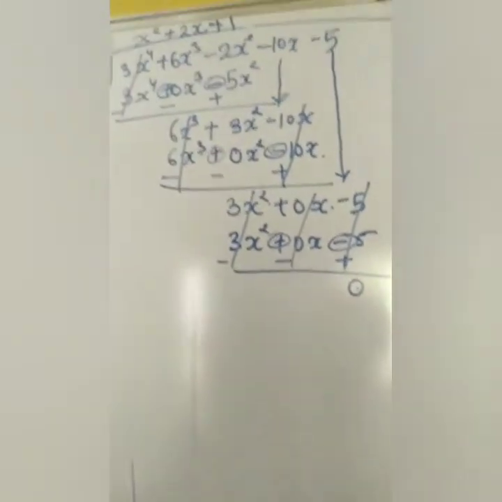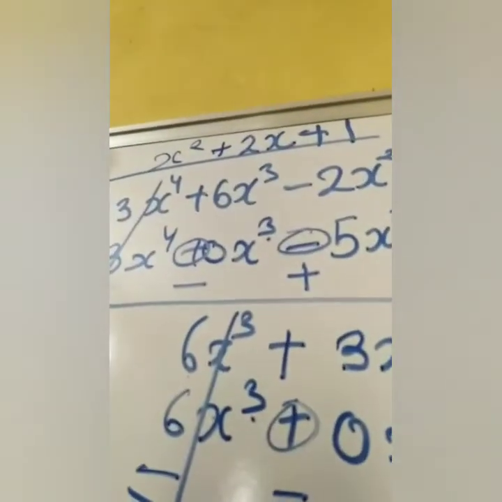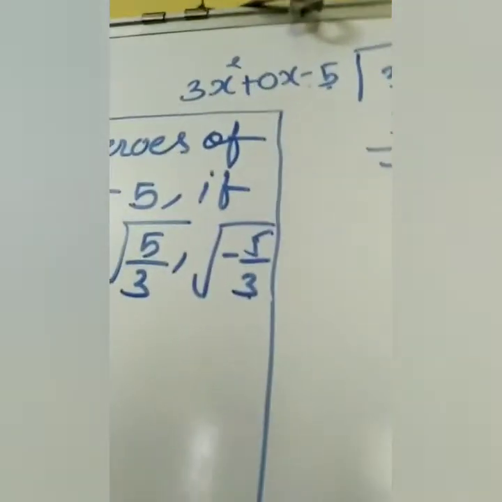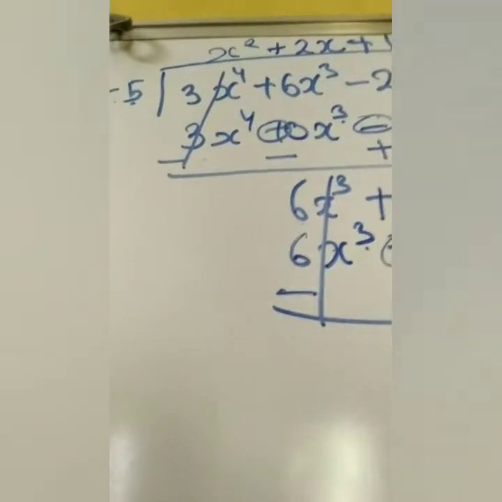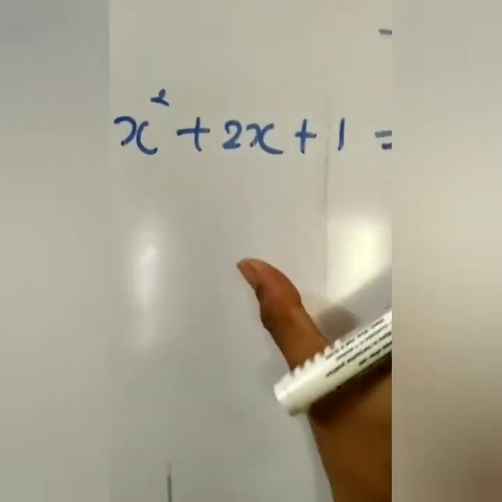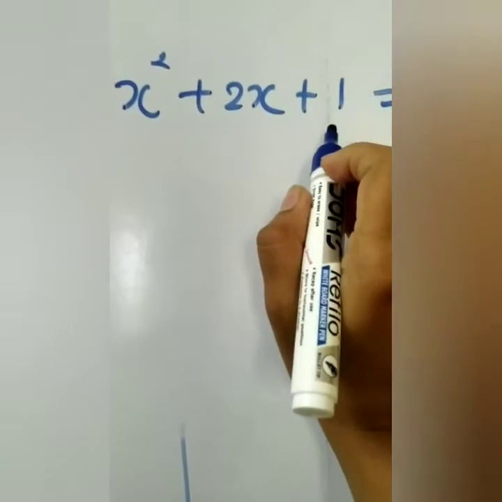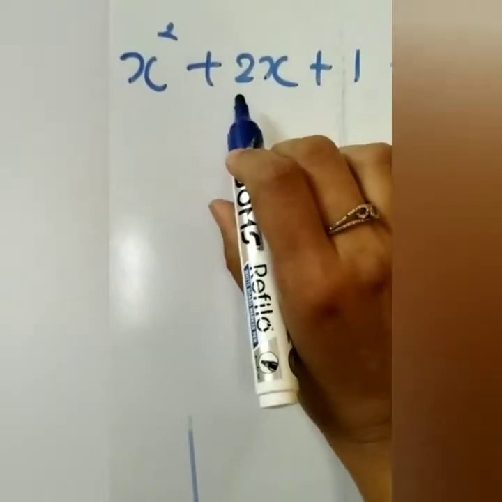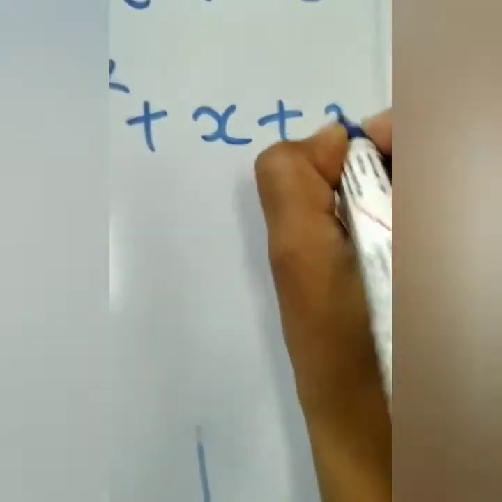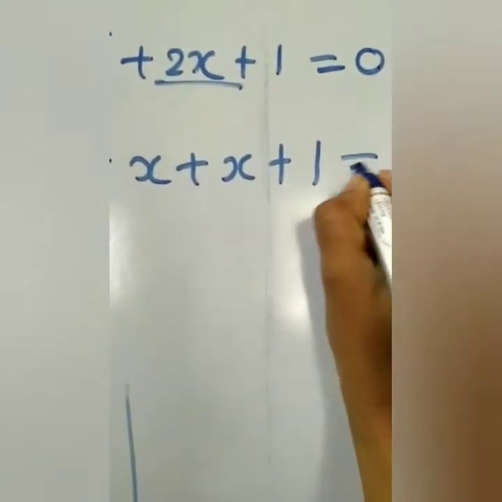The most important thing, as I told you, that our remainder should be 0 for this method, and we are getting one quotient over there. For that quotient, that q, so here we got our quotient as x square plus 2x plus 1. If you are solving this by splitting the middle term, you have to make 1 ones are 1, take out factor of 1, and by adding them you are getting 2. So here on the place of 2x we can write x plus x, means you split this 2x in the form of x and x. And here we are getting 0.